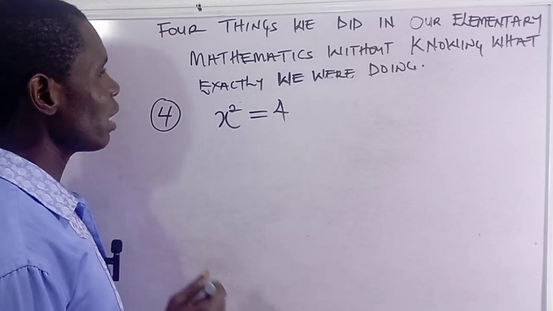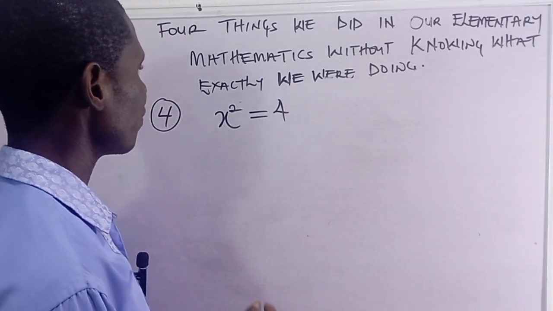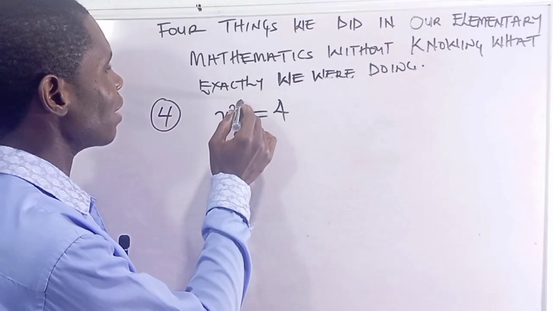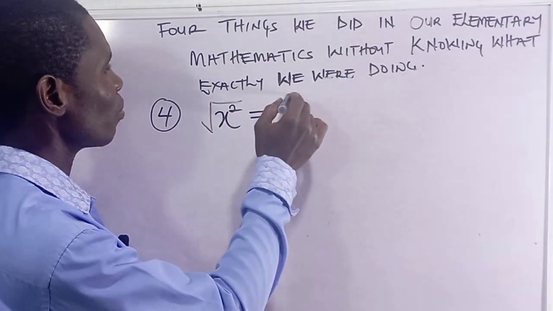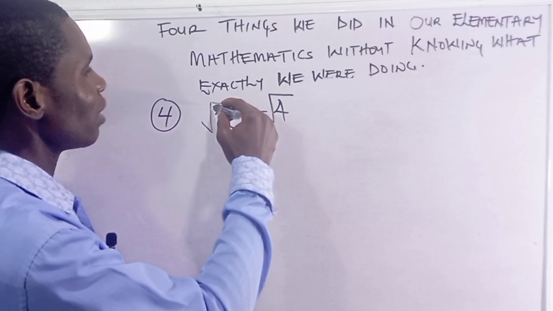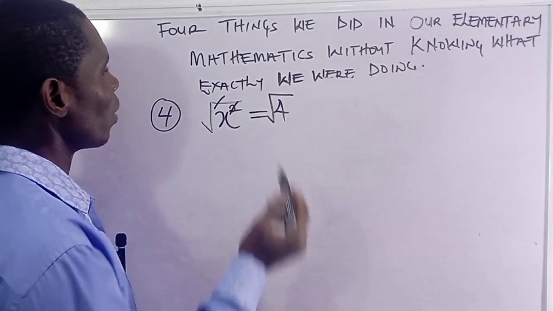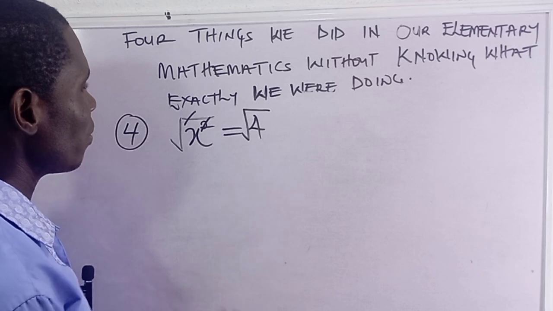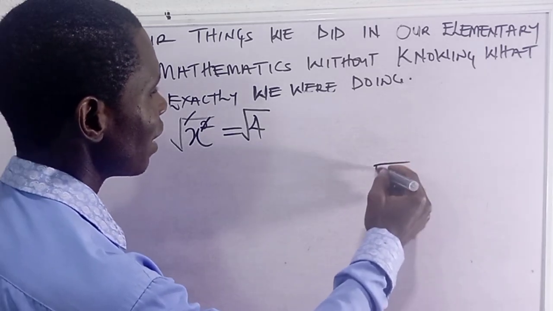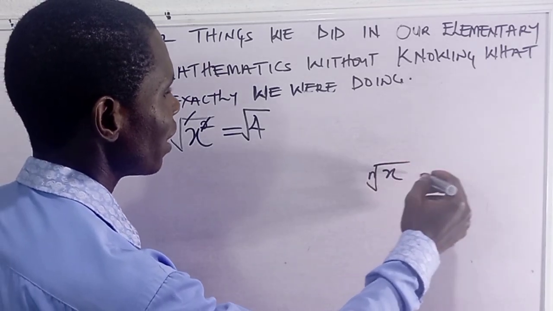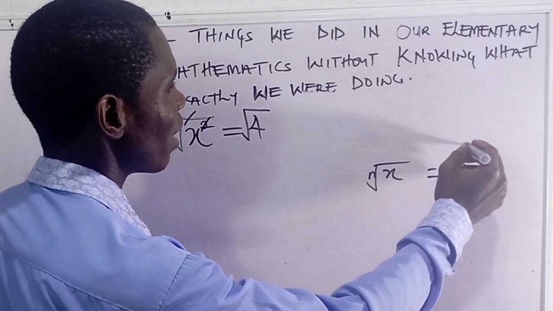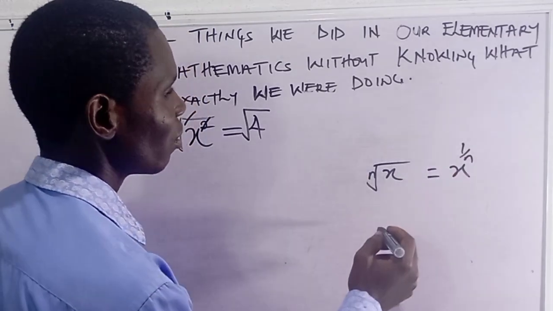Number 4, taking square root of both sides. We are faced with a problem like this. We are very fast in taking the square root of both sides, and we now say square root cancels square without even knowing why. But quickly I will tell you the reason why. The nth root of x is same as x raised to the power of 1 over n. So therefore,